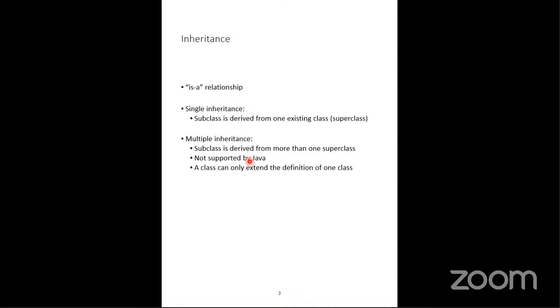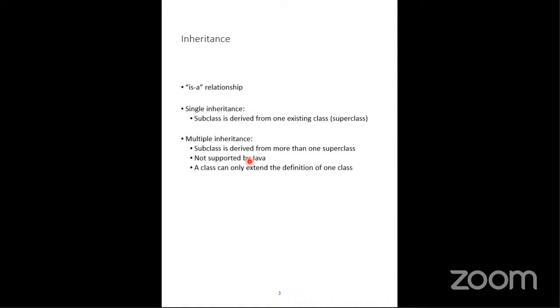Okay, similar ambiguity will occur when you try to invoke a method using object of subclass which inherits properties from multiple superclasses. Okay, so in order to avoid all those ambiguities, Java has a restriction that you cannot implement multiple